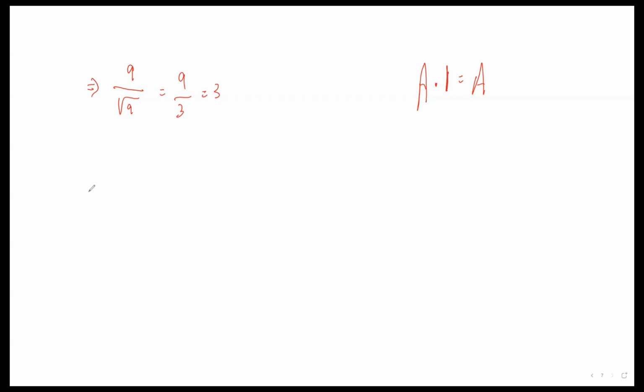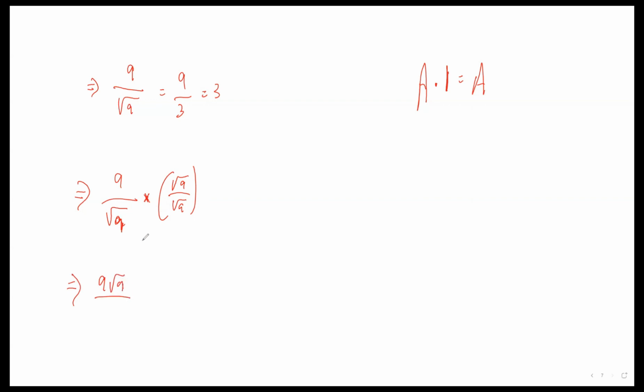Now, how do you multiply by 1 and get rid of this radical here? Well, what you could do is say 9 divided by root 9 times 1. But in this case, we have to express 1 as something that can get rid of this root at the bottom. Well, we could just say it's root 9 divided by root 9. Anything divided by itself is just 1. All right? So this becomes 9 root 9